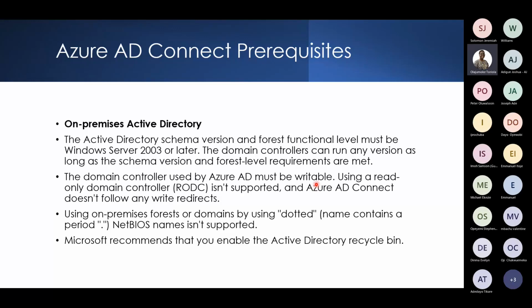So I give them a read only. For read only, they only read updates from the head office where the writable domain controller is. This is actually to prevent any error from happening. And the only reason why you have a read only domain controller in a branch office